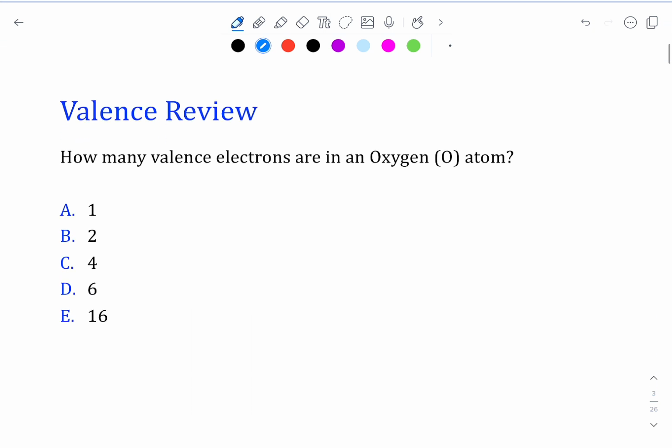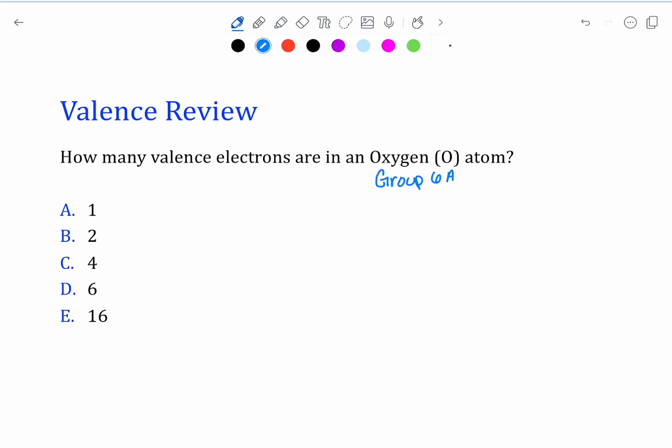So, since valence electrons are the only electrons that participate in bonding, we have to remember how to determine our valence electrons. So let's do a little bit of review from our previous chapters. How many valence electrons are in one oxygen atom? So I'm looking at oxygen by itself, only one oxygen. Look to your periodic table because our periodic table can help us remember how many valence electrons there are in each atom. If you find oxygen on your periodic table, you'll see it's in group 6,